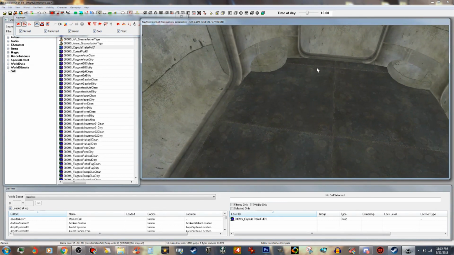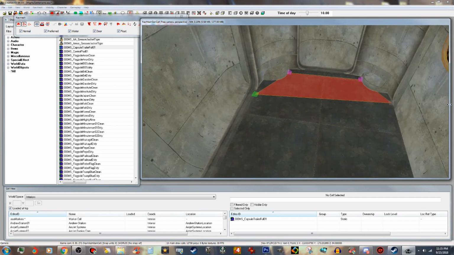Now I want to nav mesh this, so I'm going to right click, and that's going to put a point there. I'm going to hold control and put a point here, and then keep control held and right click again, and this will come up. And now you'll see these two over here, and what we're going to do is just right click right there,